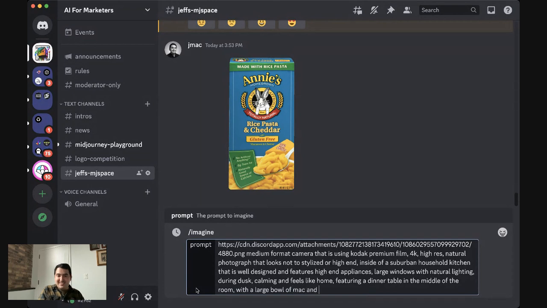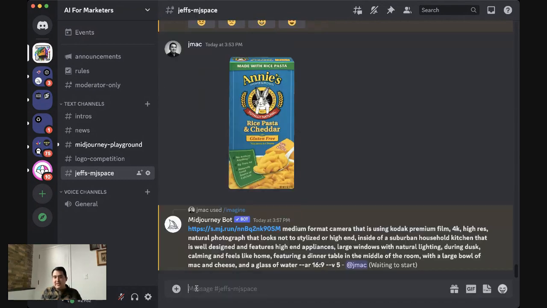Mac and cheese. And a glass of water. All right, we've got a lot of things going on here. And I'm going to go ahead and put in the aspect ratio we want at 16:9. I am always working at 16:9. There's a lot going on here. We're probably going to have to do a lot of editing to get it to exactly what we want. But I'm going to go ahead and go in here.